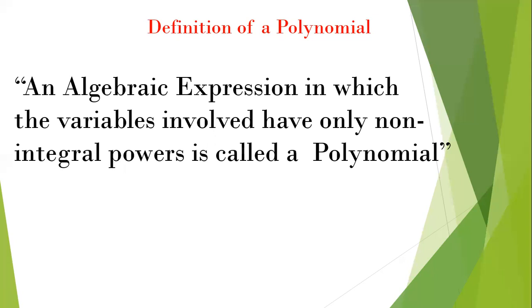But in the previous example, root x plus 5, here root x is changed to x power 1 by 2. It is a fraction power. That is why it is not a polynomial. In the second example, what we observed is x square minus 3x power minus 1. That means the power of x is minus 1. So it should be positive. No polynomial should have a negative power. So that is why those two expressions are not polynomials.